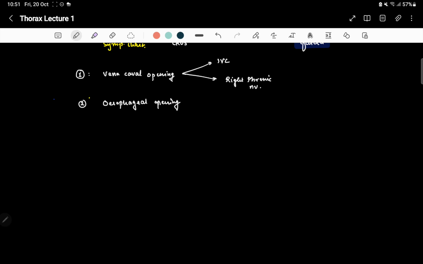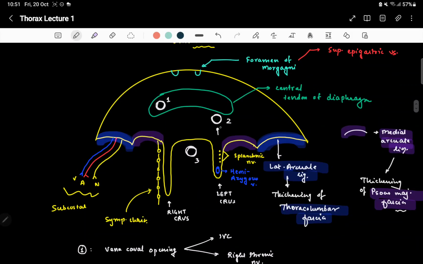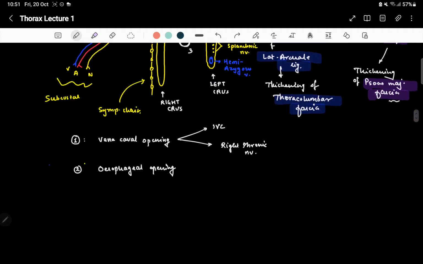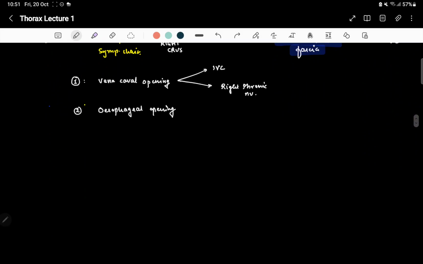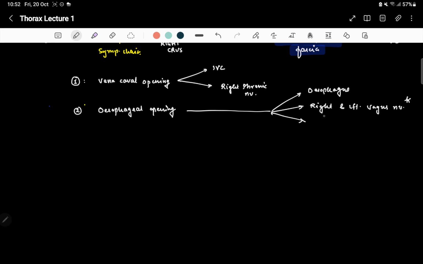Second, we have esophageal opening. It is present in the right crus, just above the right crus. Okay, so in the contents, esophageal opening will give passageway to esophagus, of course. Okay, esophagus, then right and left vagus nerve, remember this, and the esophageal branch of left gastric artery. Okay,